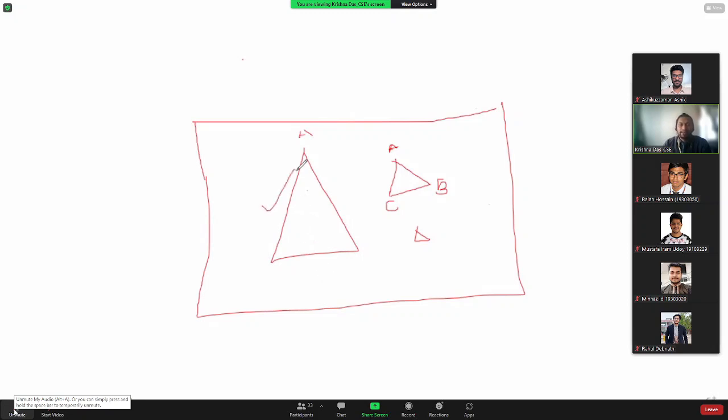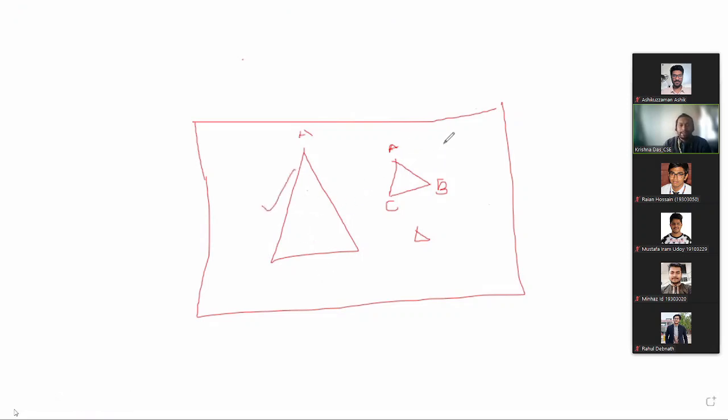This one increased the size, so maybe I applied a scaling factor of, say, twice. Now this one maybe thrice, it has been expanded, right? But this one is decreased, getting smaller. Maybe I said half of the size, so it becomes half, or maybe three times smaller. So this is also a change.